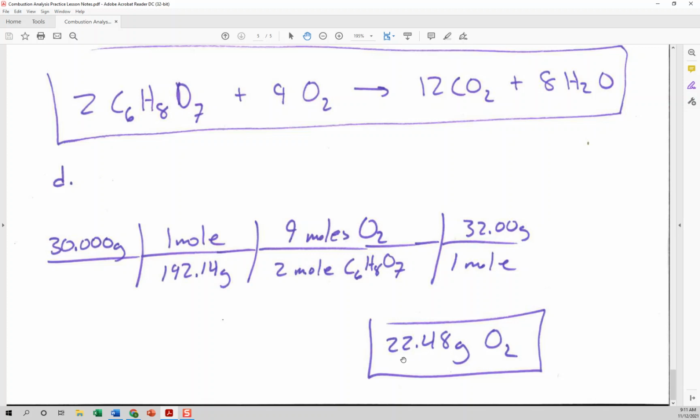It's just a coincidence that it comes out to be 22.4, okay? I didn't plan it like that, it just happened. So when things like that happen, you say, boom, baby, you nailed it, all right? So 22.48 grams of oxygen to completely burn 30 grams of citric acid. All right. So hopefully